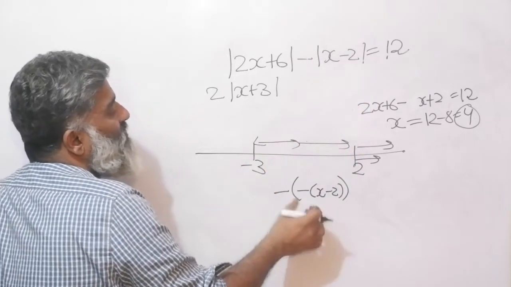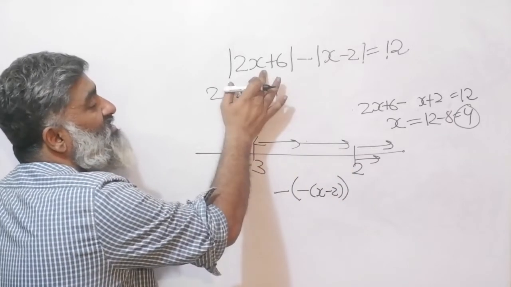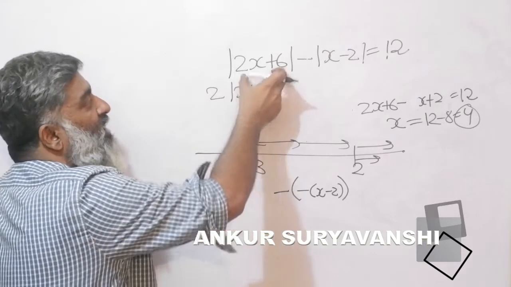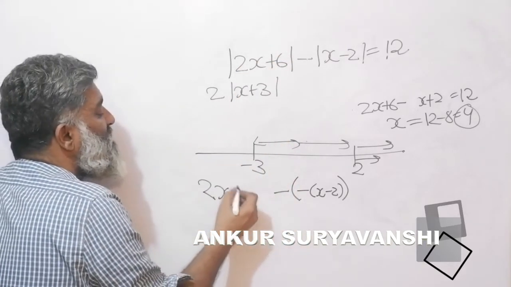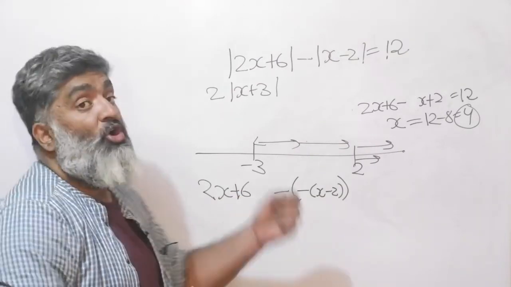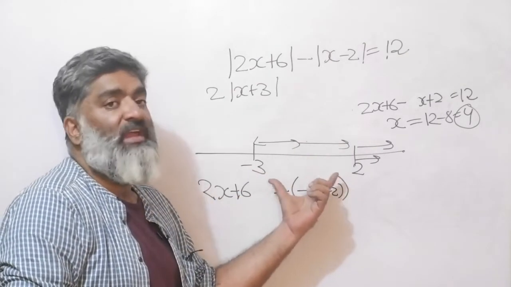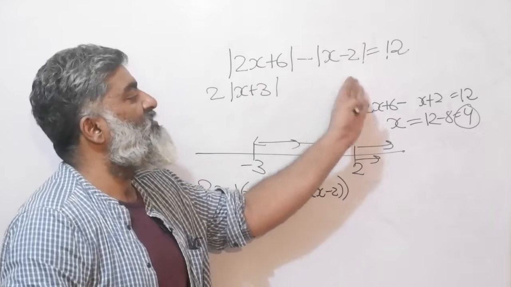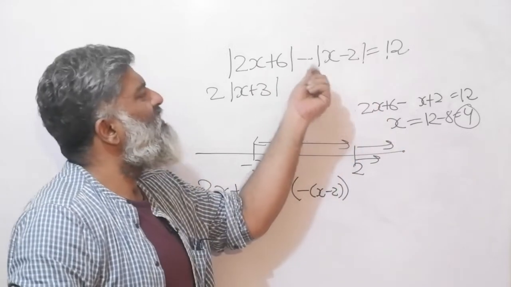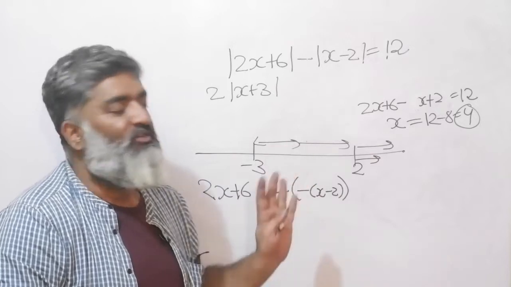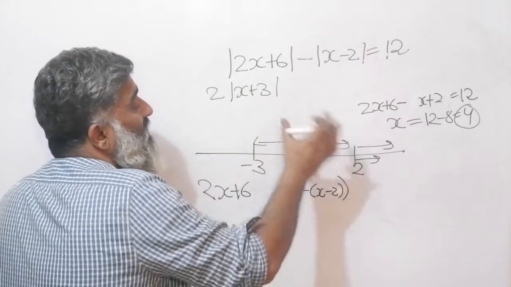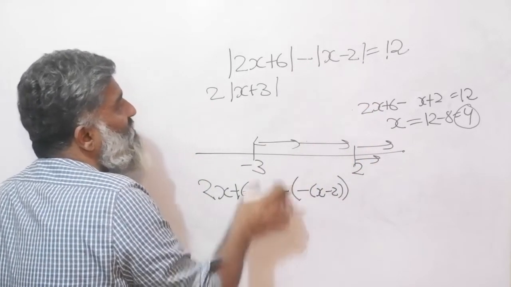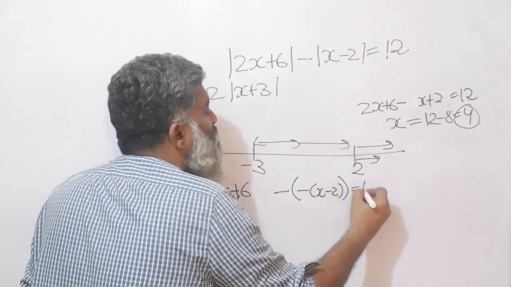I'm copying this part of the story. For any point in this region, this will still remain positive. This starts becoming negative beyond this point. So this is positive, so I can just copy it the way it is. I'm doing the same steps as day 0 mod functions. All I'm doing is putting the numbers on the number line so that my thinking is easier, and it's commonsensical after a point that beyond 2 both are positive. Just copy the equation the way it is, and then the basic minus into minus, minus into the bracket kind of a game, and the same story being done here. For this region, this is negative, so I put a minus of whatever was written. Now this minus came from the equation, this written just the way it is, and this is equal to 12.